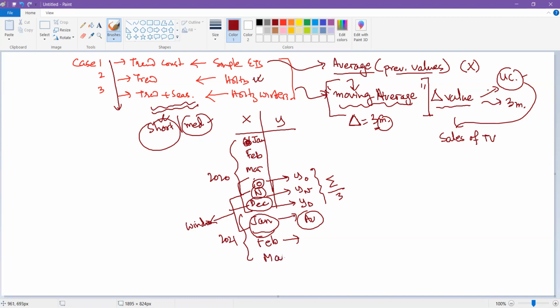If next month you're going to predict things for March, now your window becomes December, January, February. This becomes your new window, right? So this window is shifting, as you can see. It is shifting with a depth of 3, so it is at most having 3 values in that particular window, and then it is shifting. In this way, I can do moving averages and find values.